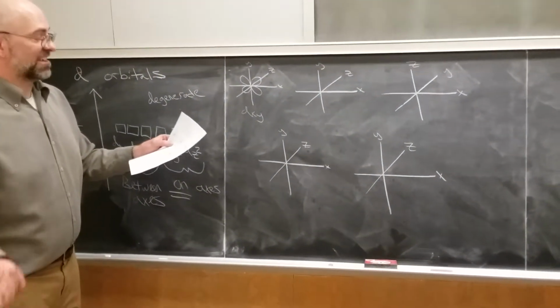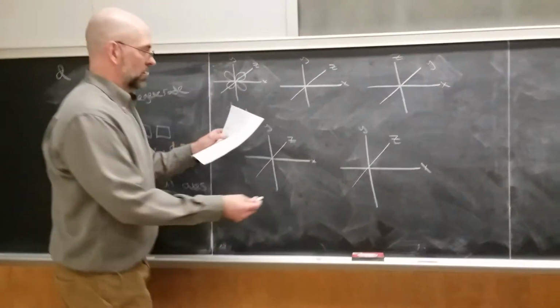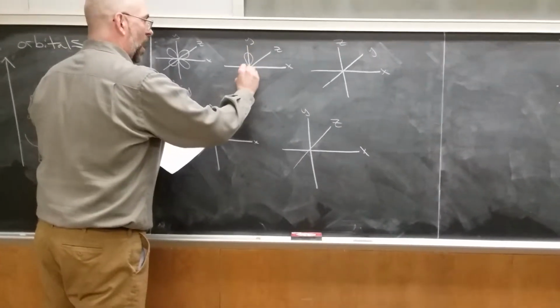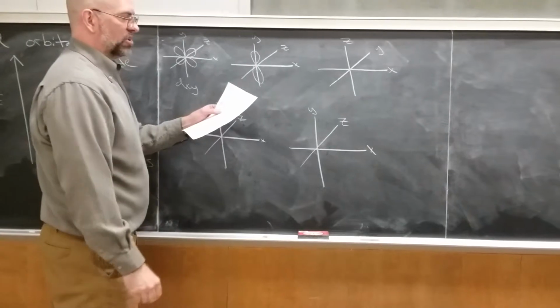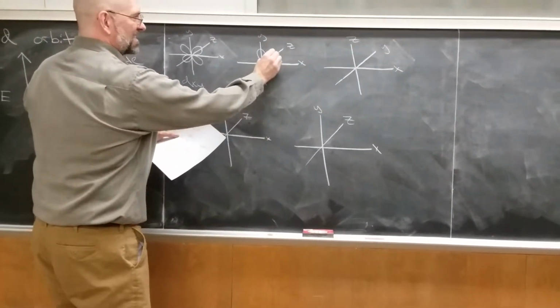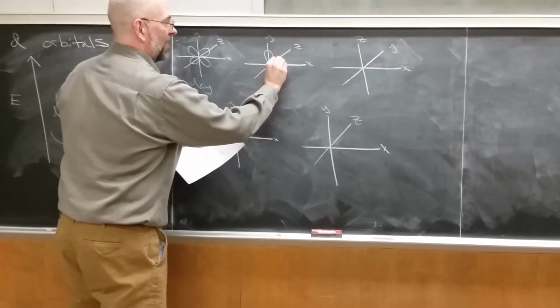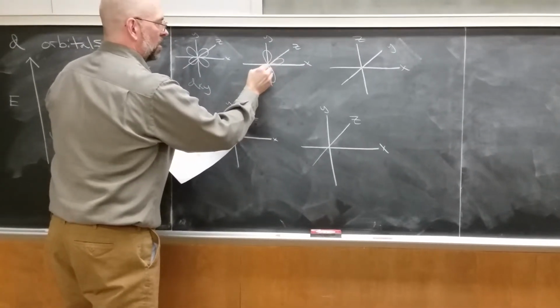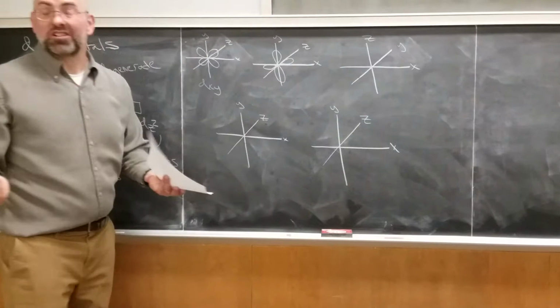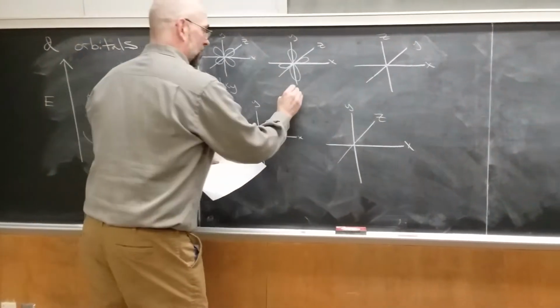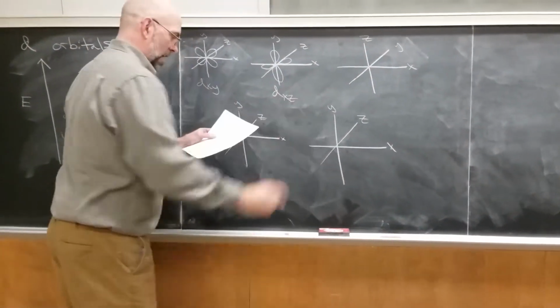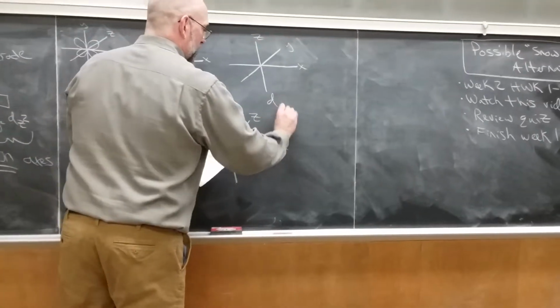The dxz, well, one of them is going to be on the y, and this is hard to draw. Between the x and the z, it's kind of a pain to draw. So we draw it here, and we draw it here. I'm not very good artistically at this, so you could probably do a better job. And then the dyz,